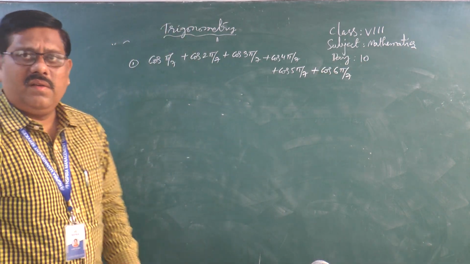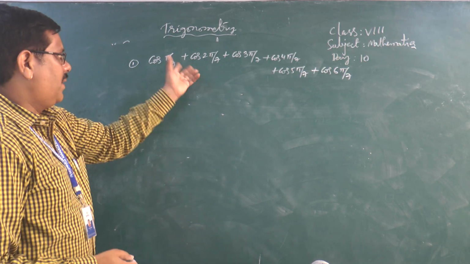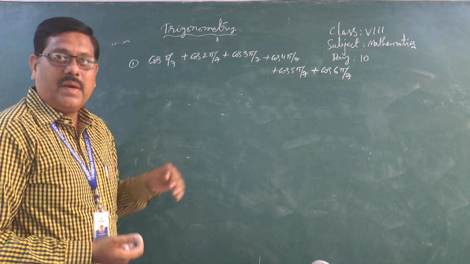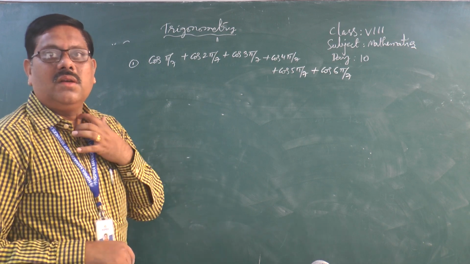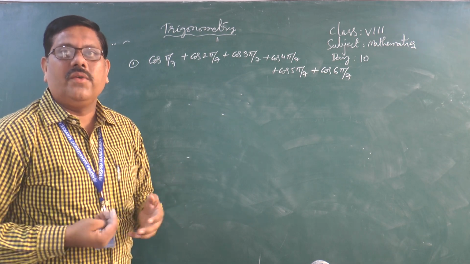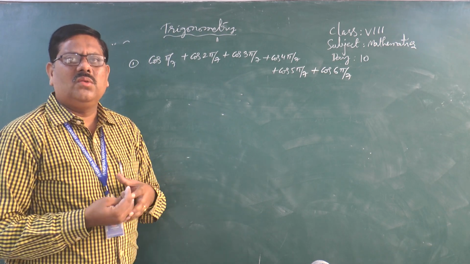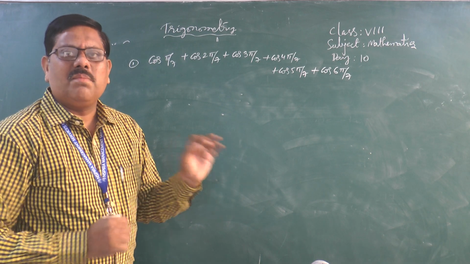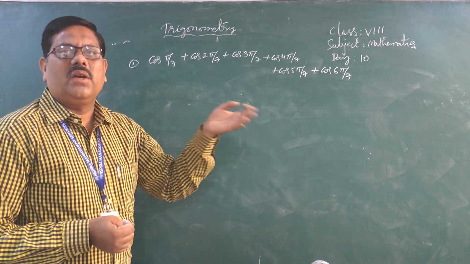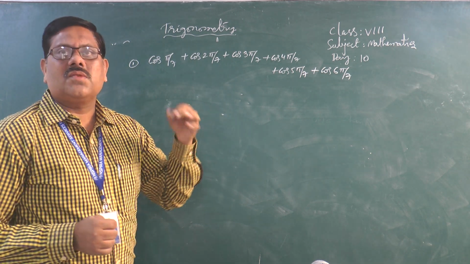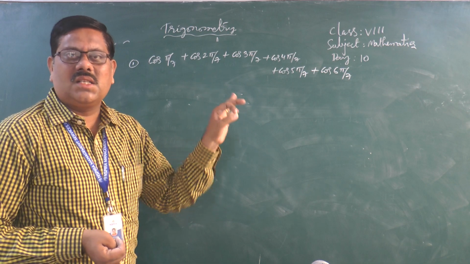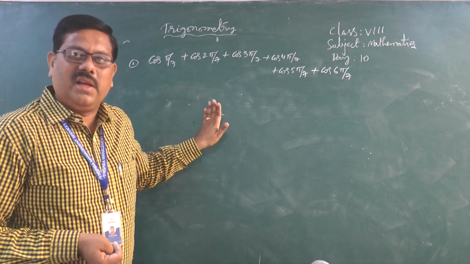It looks like a very tough problem because it is in pi. Whether to convert pi into degrees or simplify, what to do? What is pi by 7? Pi means 180 degrees by 7. It is not exactly a standard trigonometric ratio whose value we know. No need to confuse, no need to bother about all those things. Simply here we can use the concept of 180 degrees minus theta. What is sin of 180 minus theta? Of course it is sin theta, and cos of 180 minus theta is minus cos theta. Based on that concept, we can solve this problem very easily. Let us see that.